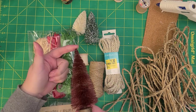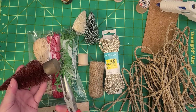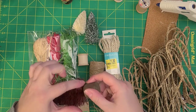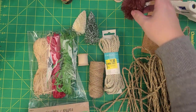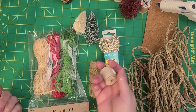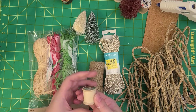These ones from Walmart, however, do not just pop off. So I actually had to go in with some snips and snip off the bottom, which meant that I also had to snip off some of these bottle brushy parts too, because you need it to be able to fit in the spool. And I'm not actually going to make this for you today just because I don't have a base that's prepped. I've used all my bases for actual spools, but essentially imagine that this is decorated in